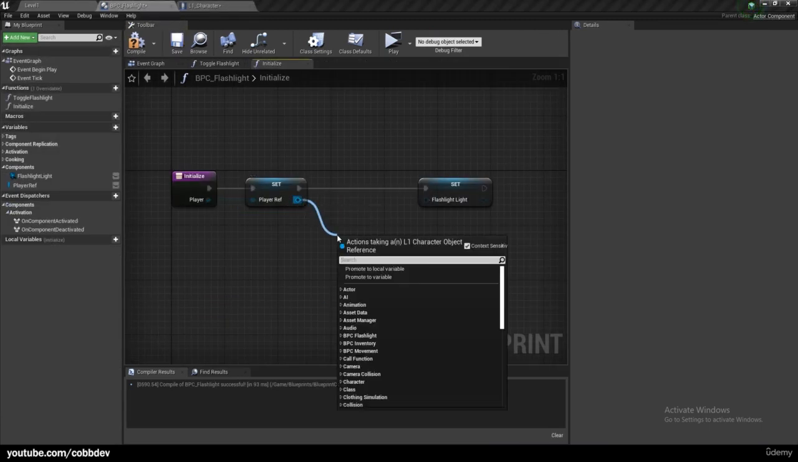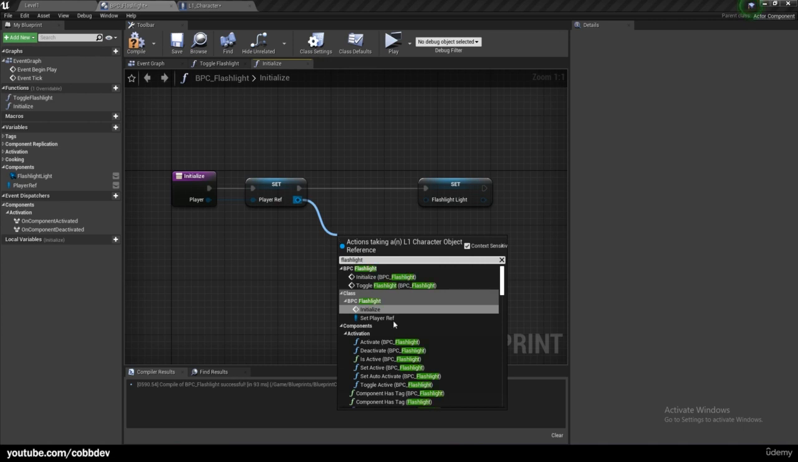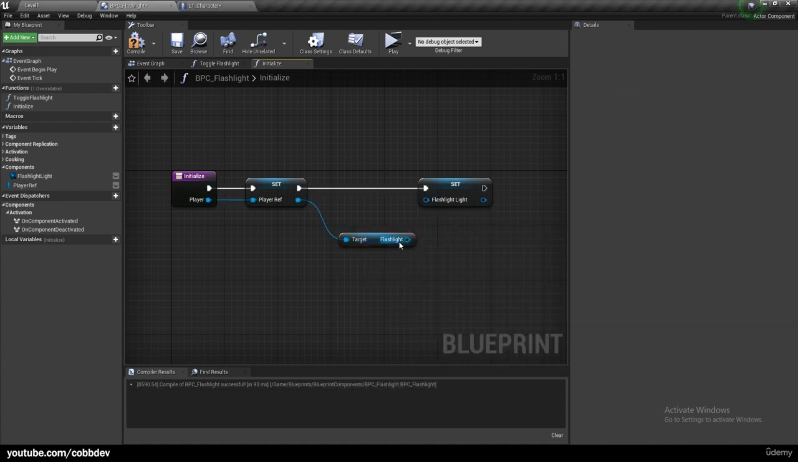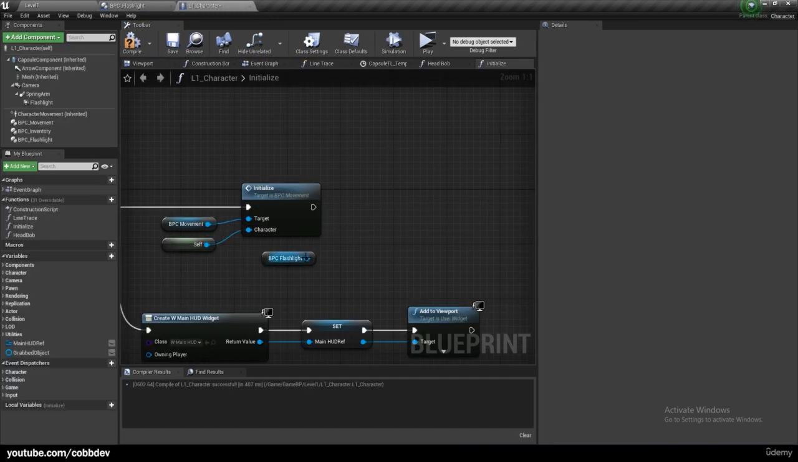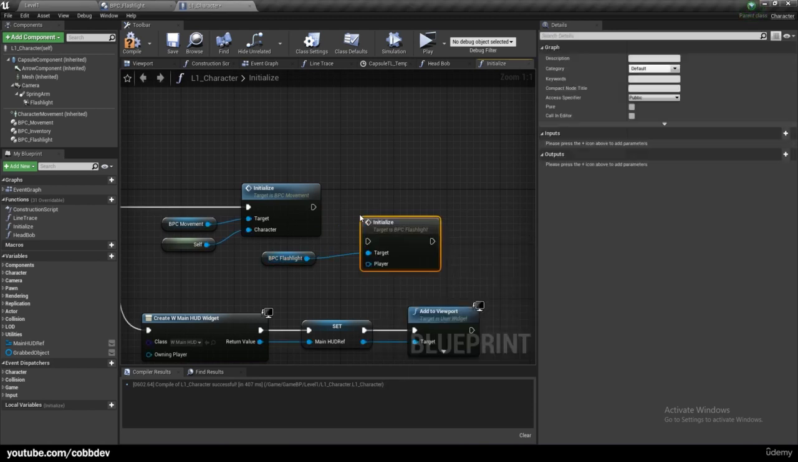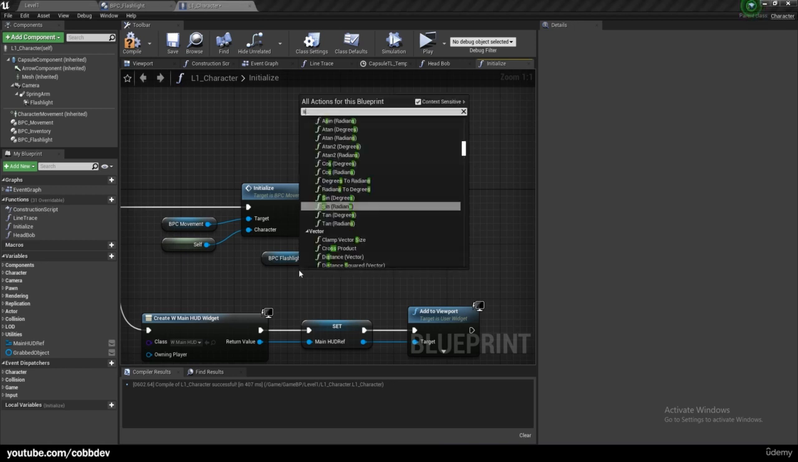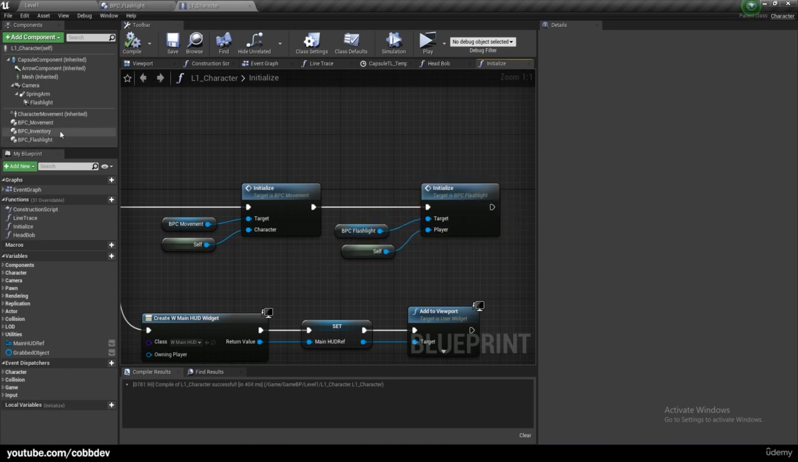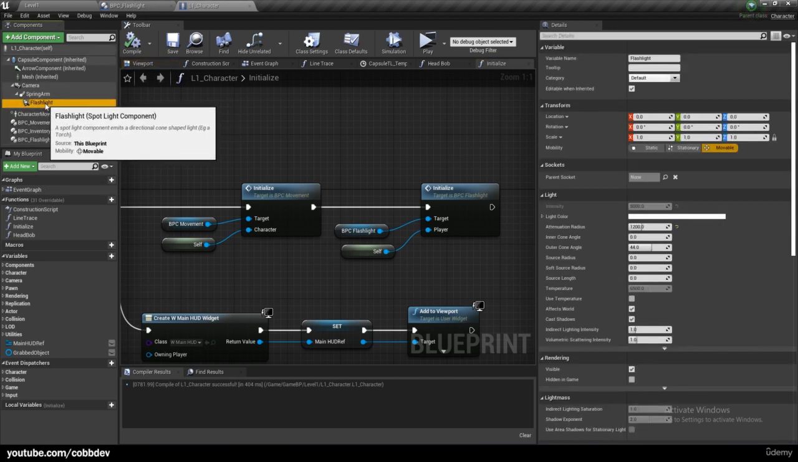So we just call off flashlight. And we could scroll down, it'll be at the bottom. And we can just get flashlight right here. And we will plug it in like that. So compile and save. Now back in L1 character, we can just call our initialize function, and our player will be self. So it'll just be the L1 character we are in right now. So now our BPC flashlight in this L1 character knows that our flashlight is this flashlight right here,